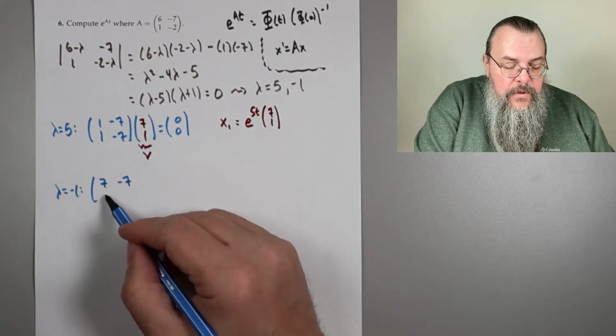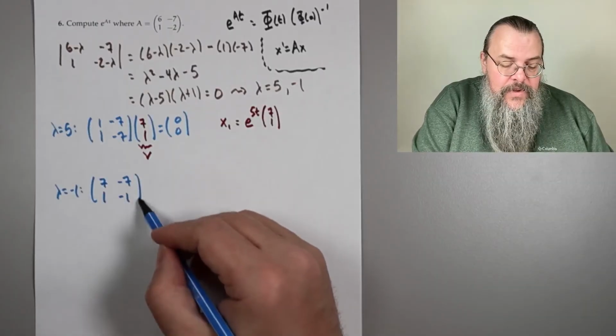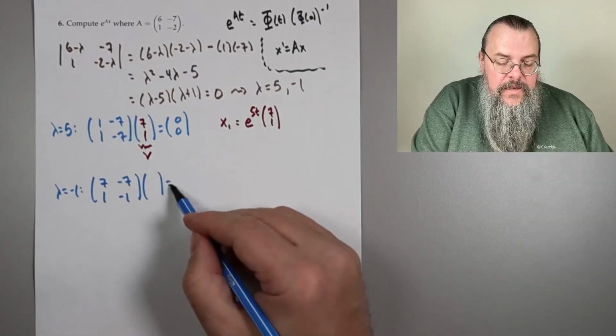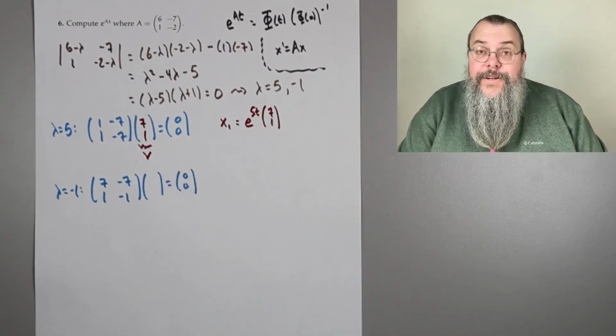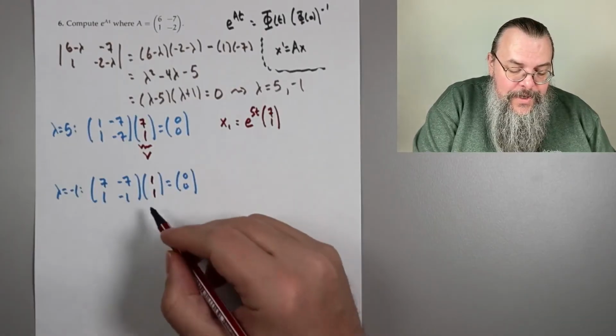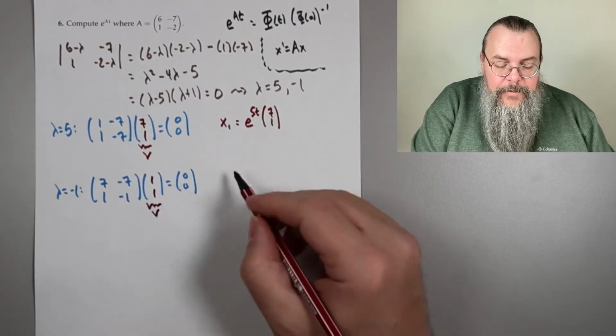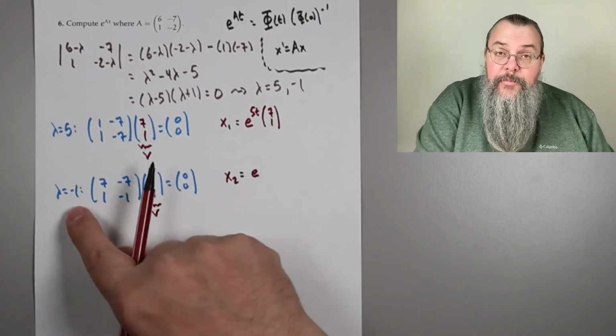Minus 7, 1. Minus 2 minus minus 1 is minus 1. Times something gives 0, 0. Is there a vector that does that? Yeah, 1, 1. We like that vector. It shows up a lot. Okay, so x2 is e to the minus t